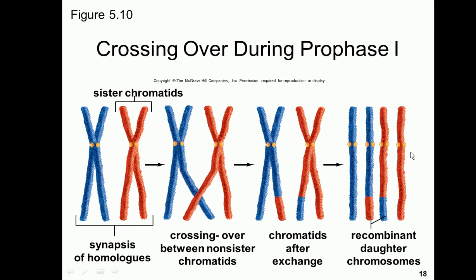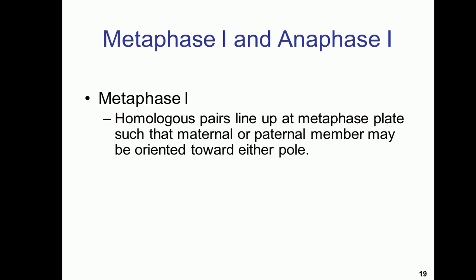Okay, so this is the way. This is a very important thing which takes place in prophase 1 of meiosis 1, that's called crossing over, which is responsible for the exchange of the genes. And this process is responsible for the formation of unique kinds of gametes. So this is the most important thing which takes place in prophase 1, which does not take place in the